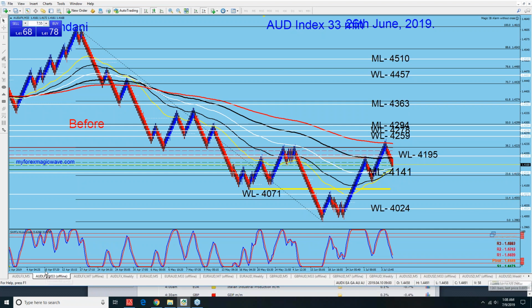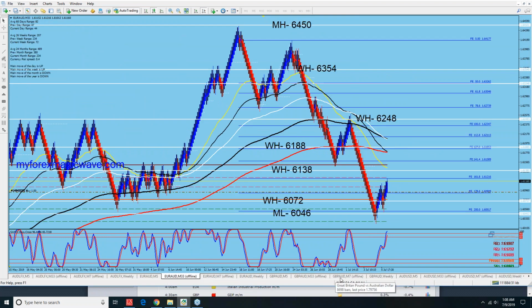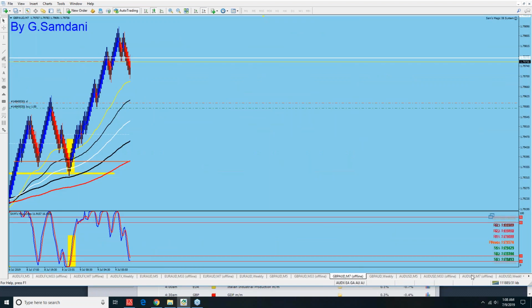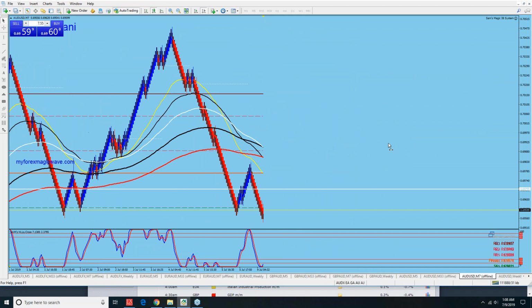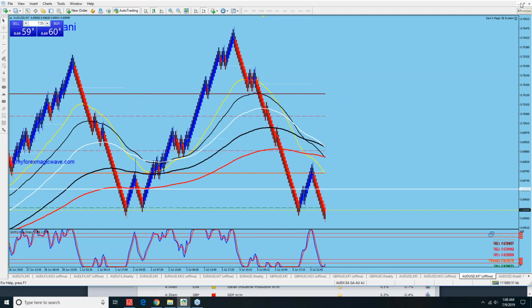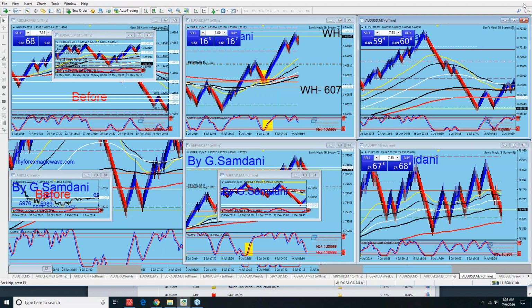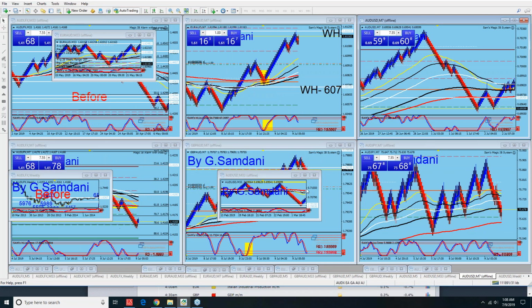Four pairs and the index. Even if you don't have the index, forget it, just the four pairs. But have these charts ready, and before the news you refresh these charts and become ready. Now with the screen like this, you are watching only one chart, and then you have to click again and again to see what's happening here, and here, and here, right? Instead of that, what you can do is, like I did, tile the charts and